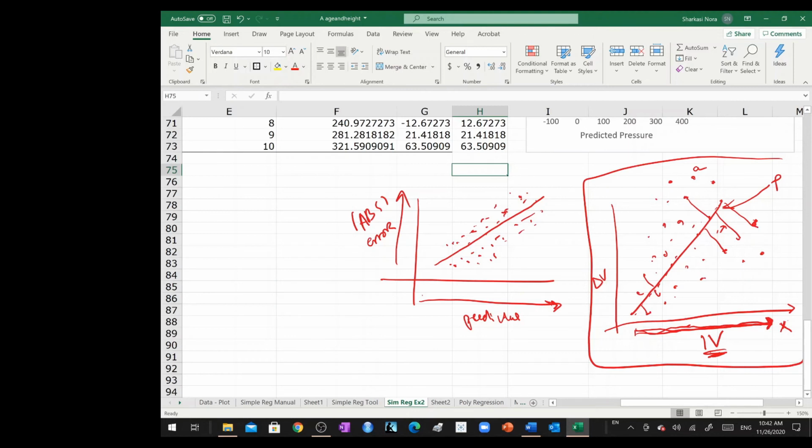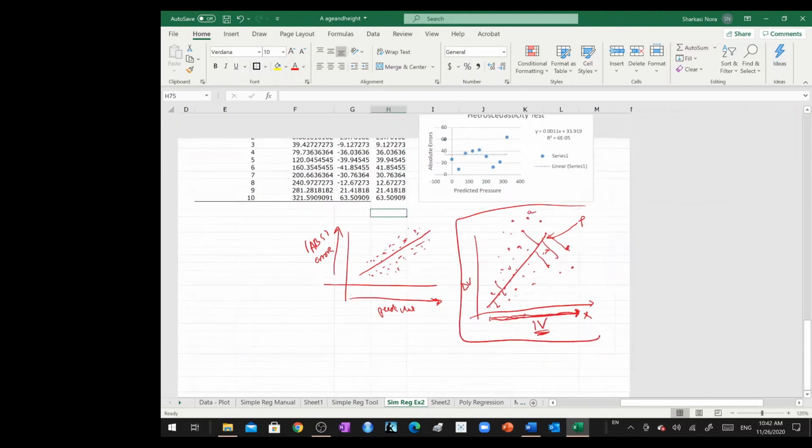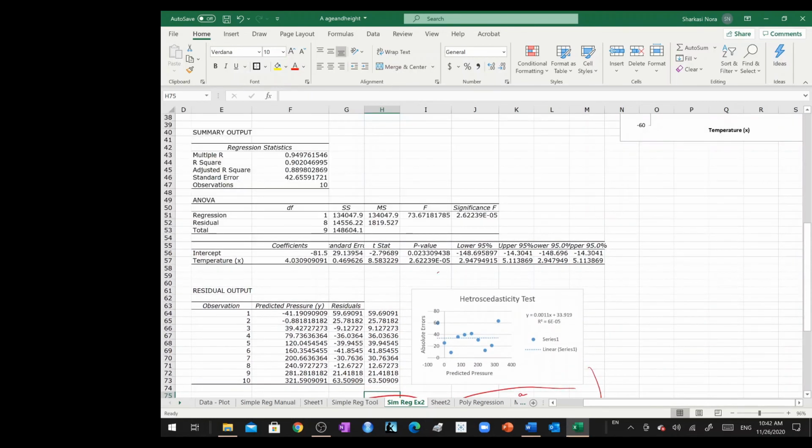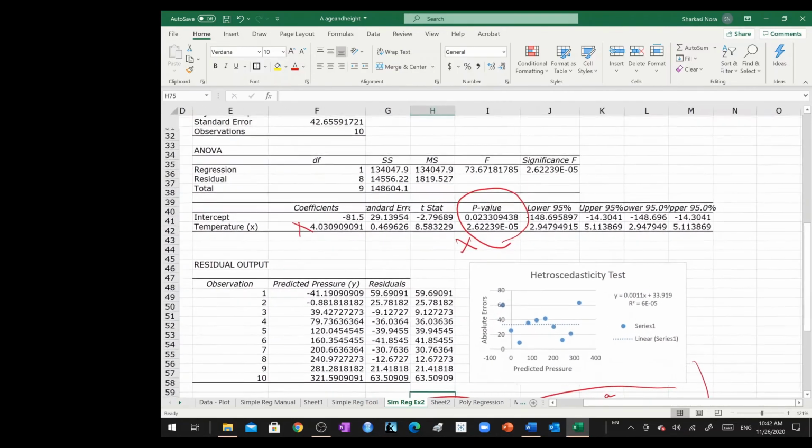This means that heteroscedasticity is actually present, and if this is found to be true, this invalidates the p-value. This p-value means nothing, and the coefficient interpretation that you spend a lot of time on is